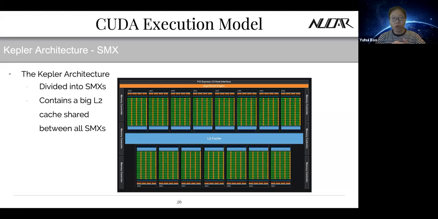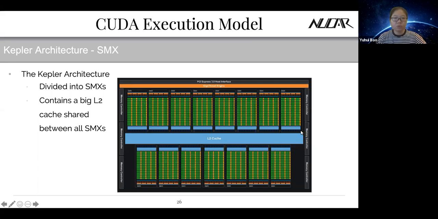So how many cores do we have on this Kepler chip? That will be 192 multiplied by 15. It's over 2,000 cores. So in the best scenario,